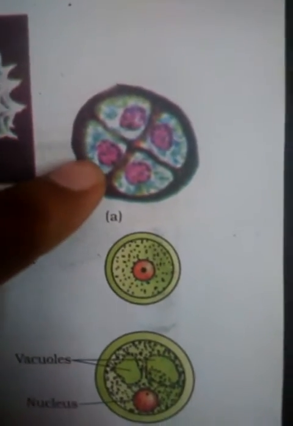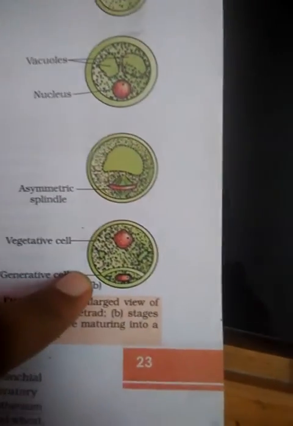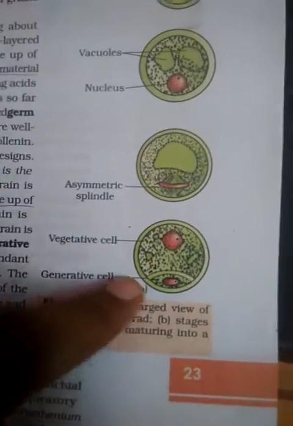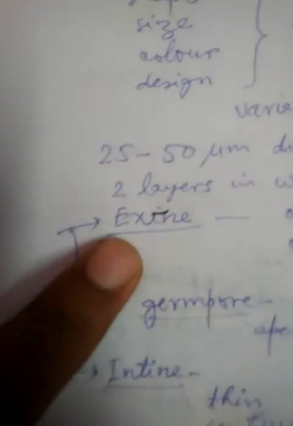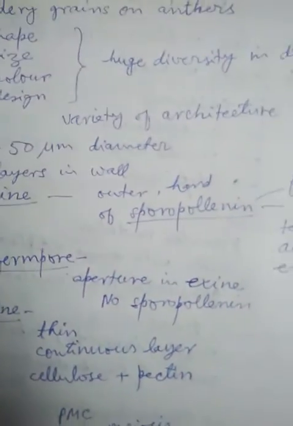And if you see the structural detail of the pollen grain here in this figure 2.5a, this is a tetrad, okay? And after maturation, when the maturation process starts, then it undergoes several stages. That is what we are going to discuss now, okay? So in a mature pollen, actually there are two outer layers. There are two walls. So here you can see there are two walls. So these two walls or two layers, the outer layer is called exine and the inner layer is called intine. Okay, so exine is actually the outer and hard layer.